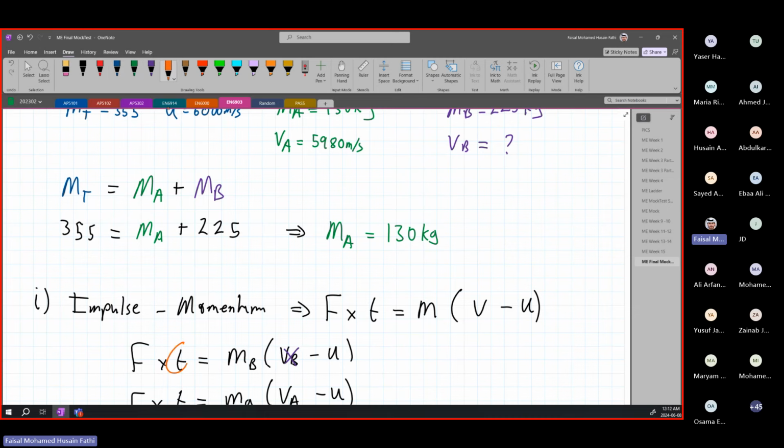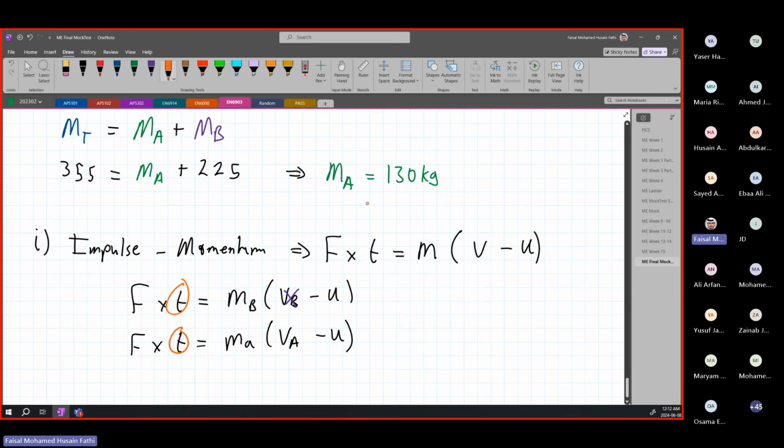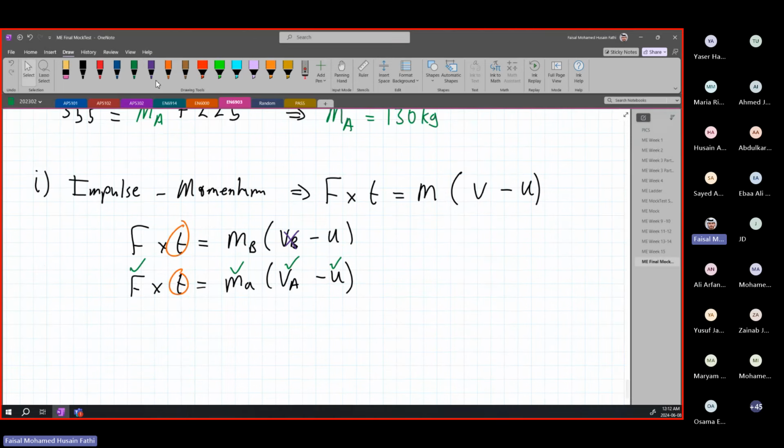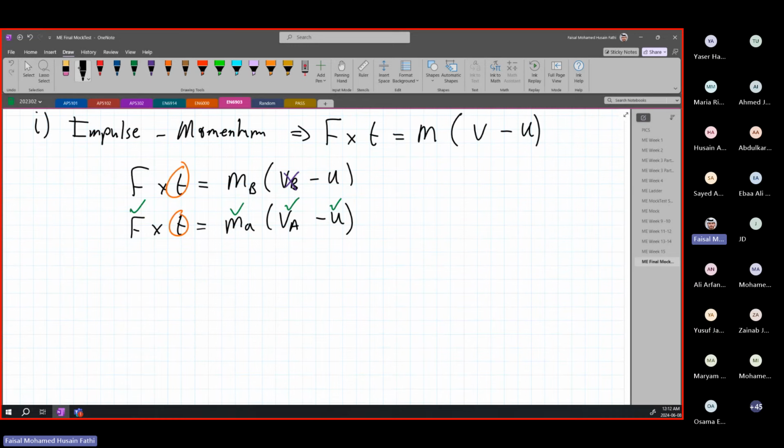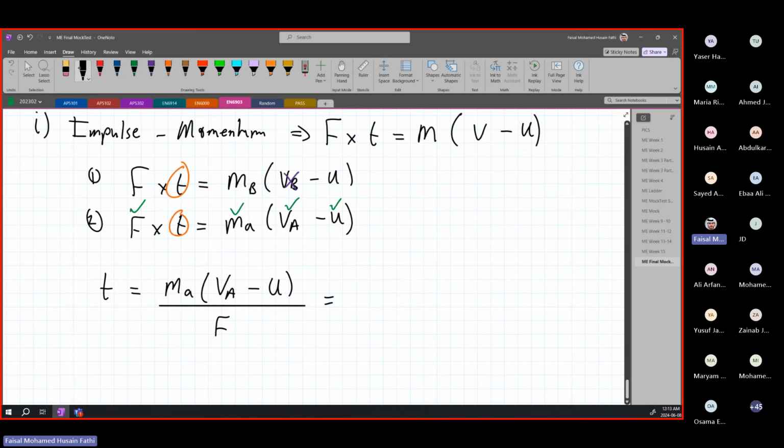Because remember, we are trying to find our time t, right? But here we do have our VA and we have our U as well. We have our mass and we have our thrust force. So we can simply use this equation to solve. If I rearrange equation 2, we have equation 1 and equation 2, we can use equation 2 to solve. Rearranging it, we're going to have MA times (VA minus U) divided by force F, and we just plug in our